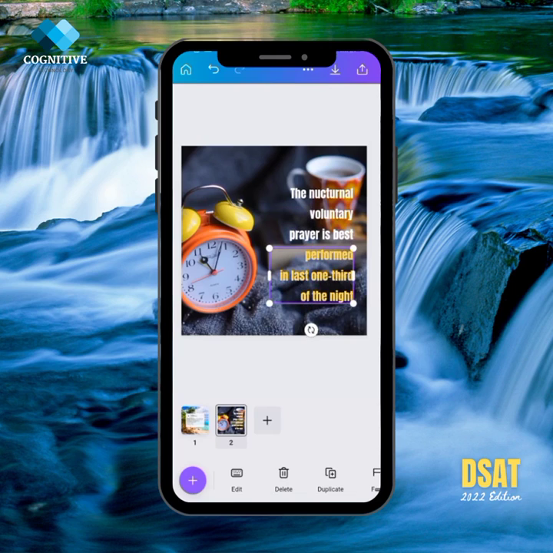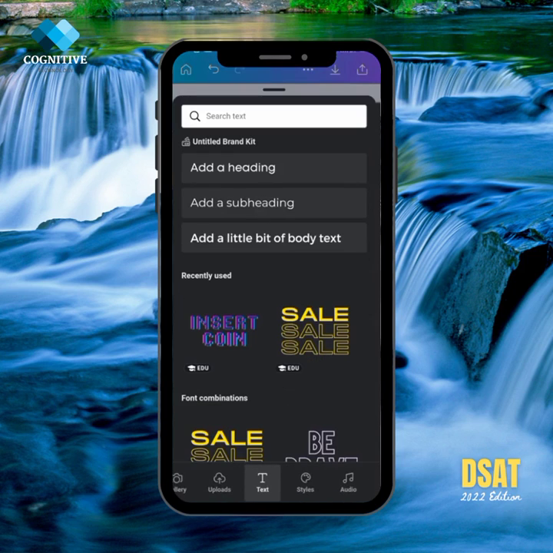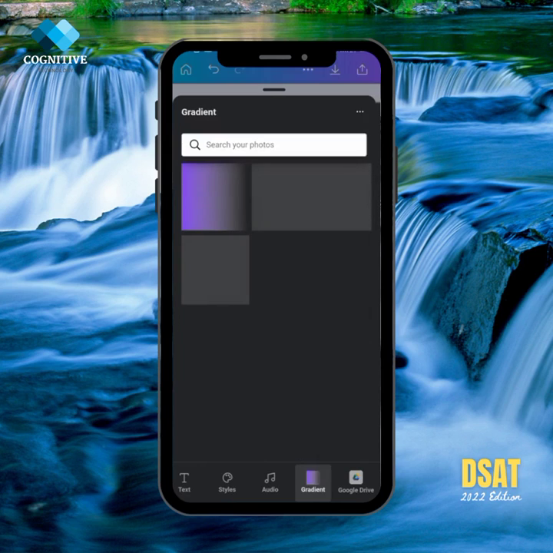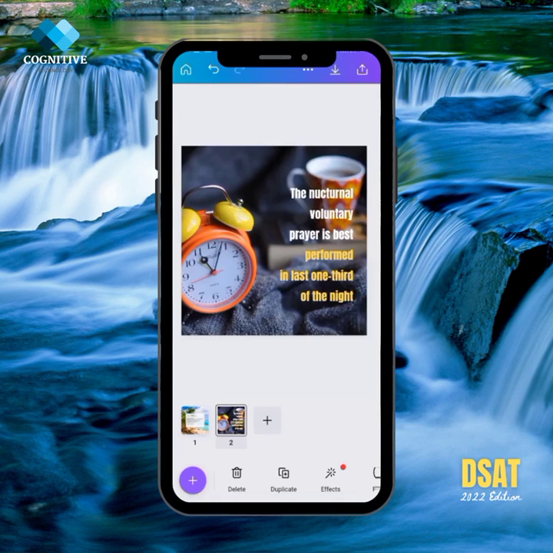So another thing you can do is to bring in gradients to enable the text to show vividly, so to make it clearer. So if you want the text to show very well, you bring in gradients, then you can twist it, you can flip it,